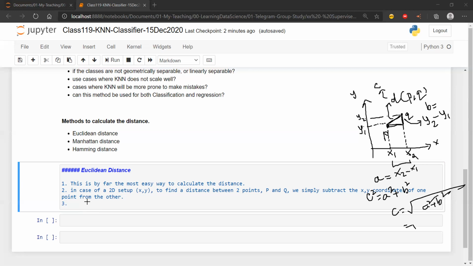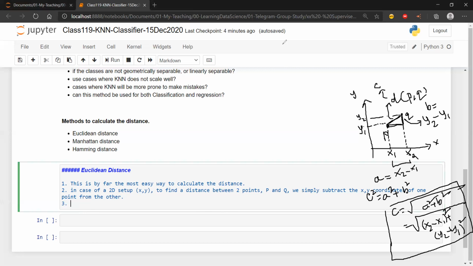Then you just have to replace the values of a and b. So c is the square root of (x2 minus x1) whole square plus (y2 minus y1) whole square. This is the scenario for two points. Let's write this down.